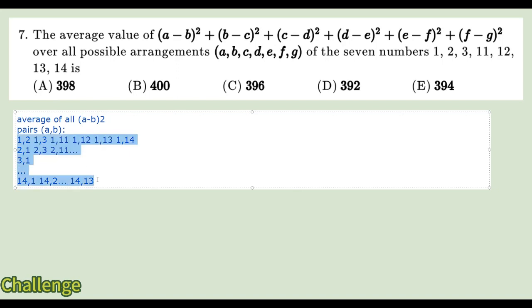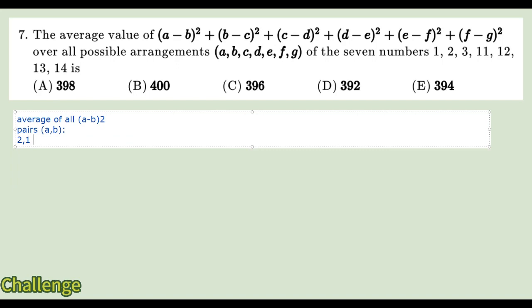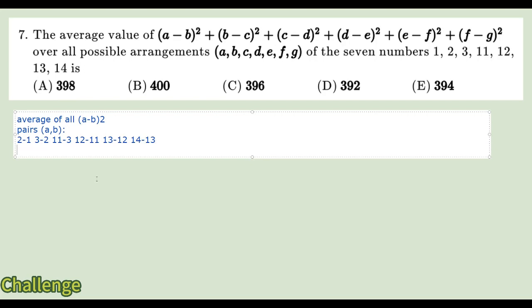Okay, so if we eliminate half of the possibilities, let's just take all possibilities for A minus B which are positive. So then we have 2, 1, 3, 2. Actually, I should write it like 2 minus 1, 3 minus 2. This way we can skip a step. 11 minus 3, 12 minus 11, 13 minus 12, and then 14 minus 13. And then we have